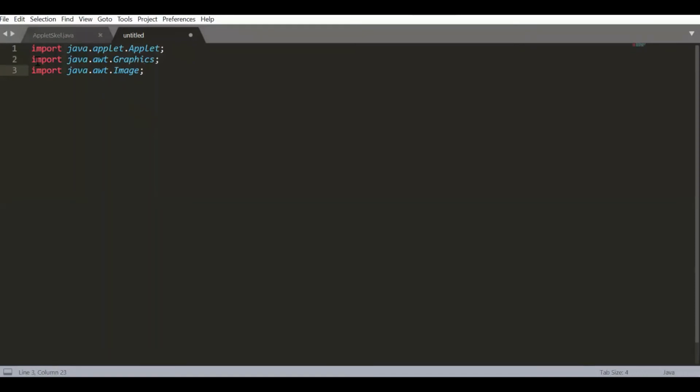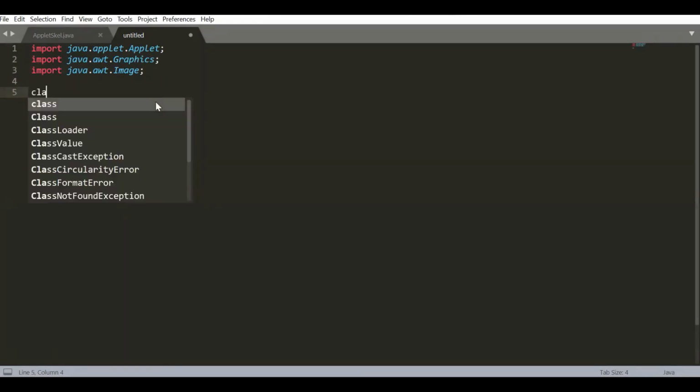Mostly what we do is directly write import java.awt.* and try to implement many of these components below, but we are unaware of what we are actually implementing here.